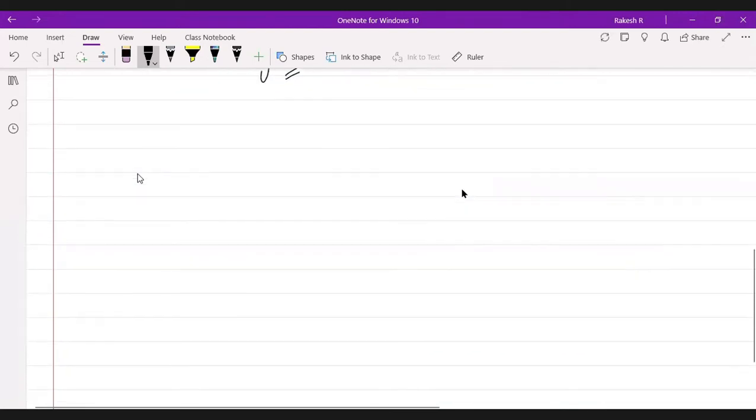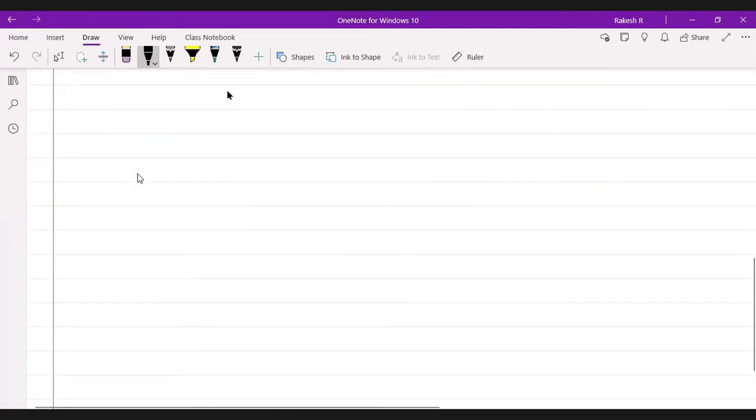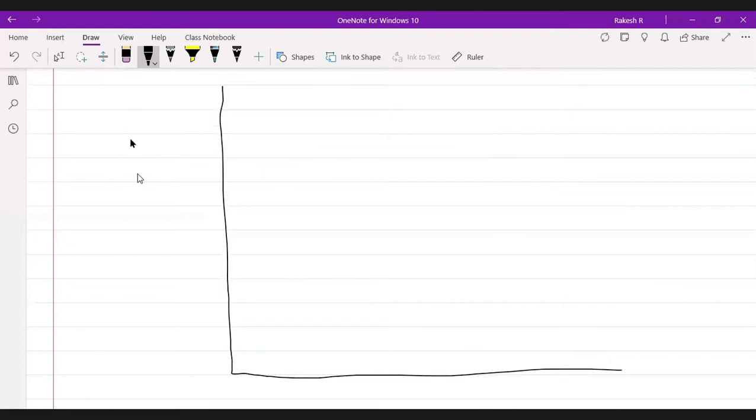Now, Bode plots, what he suggested is, no need to plot two different graphs. What he did is, first on the left hand side, draw the magnitude here, that is magnitude of g of s and h of s, and in the bottom you draw the phase, right? Then here he told you to draw log omega. That means both the systems will be like this now.